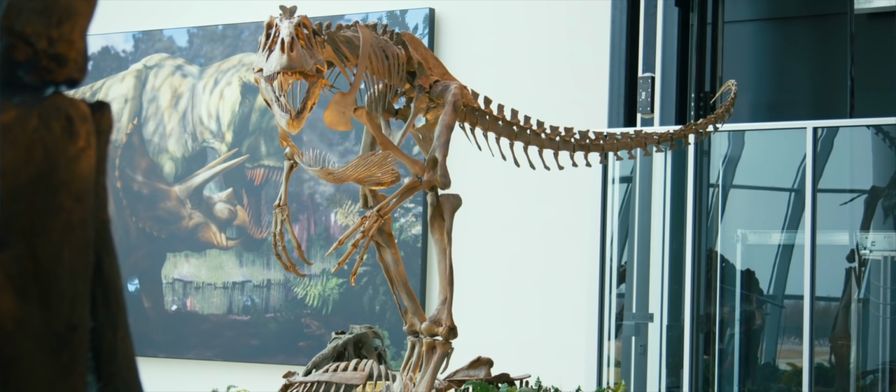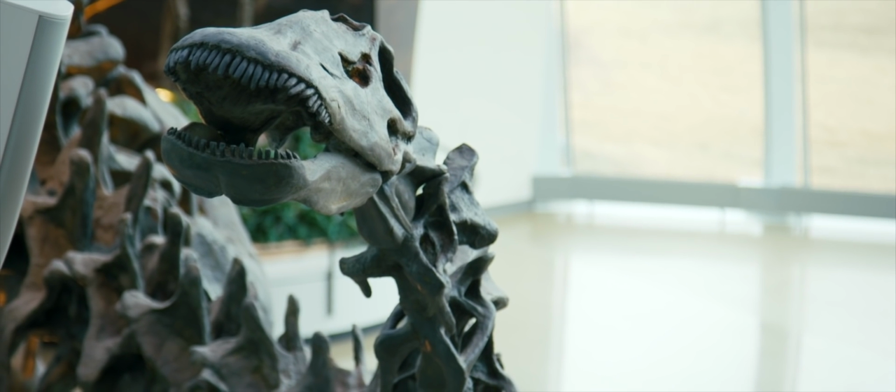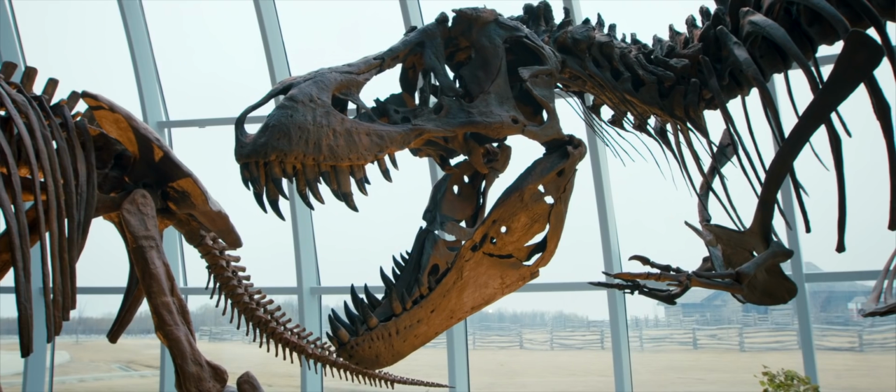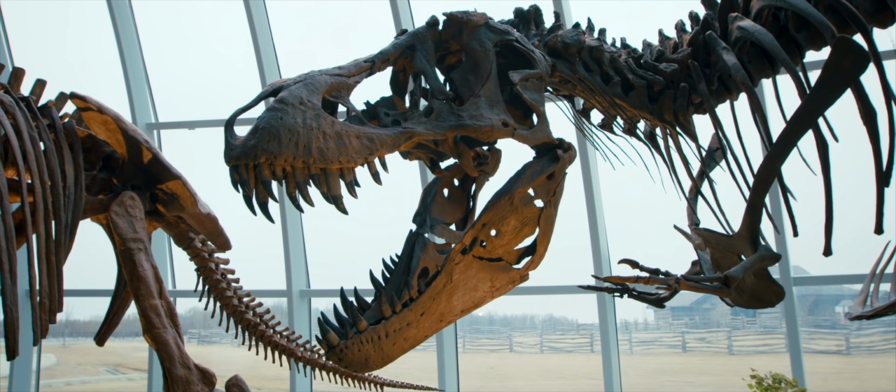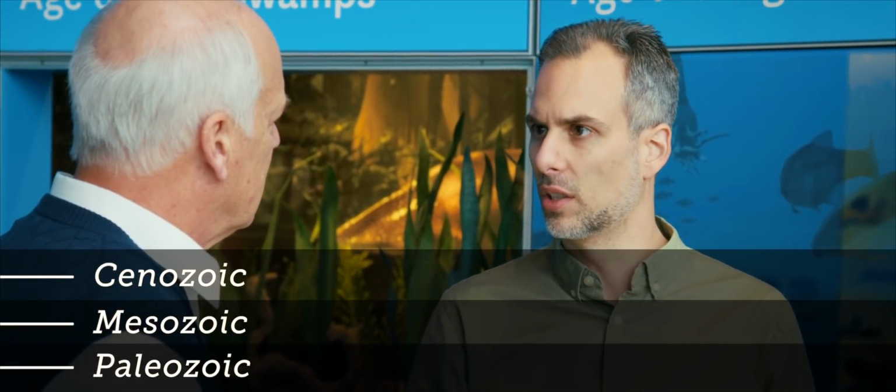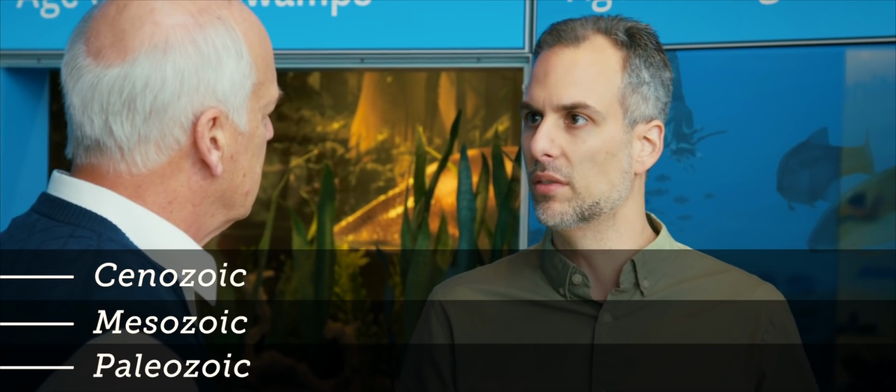So all those dinosaurs that are here in the museum are coming from those rock layers, and those rock layers are located on top of and not in the Grand Canyon, so you didn't see them there. But then on top of the Mesozoic, there's even more rocks. And those are the Cenozoic, means the recent life, and it's called that because it typically has mammals and birds and other things that are more familiar to the world that we live in right now. Would humans be found then in that top layer? Yeah, within the rock record, the only place where human fossils are found are actually at the very, very top